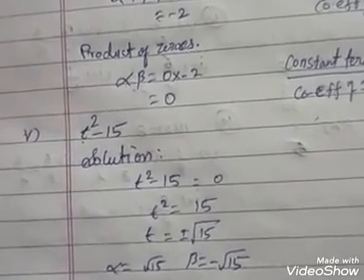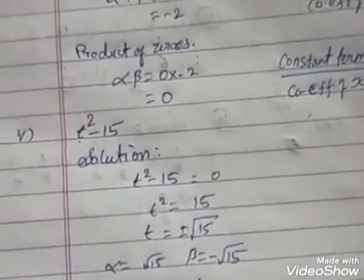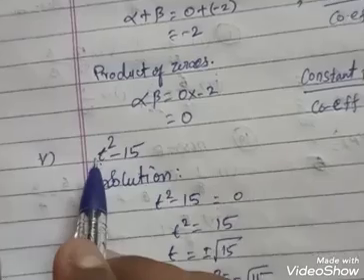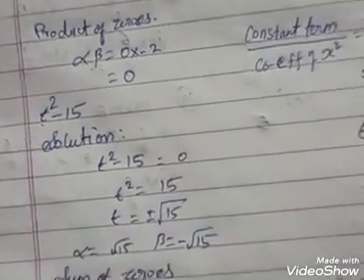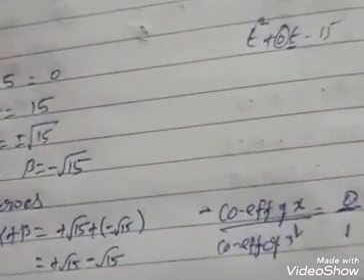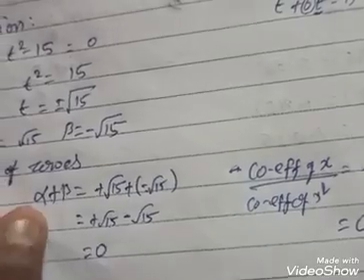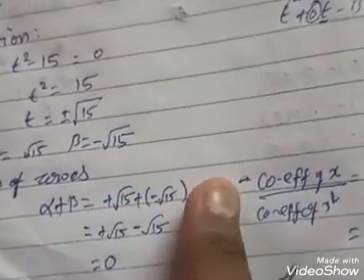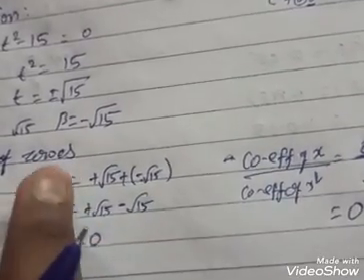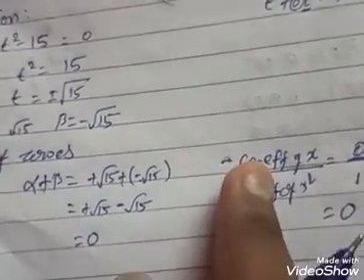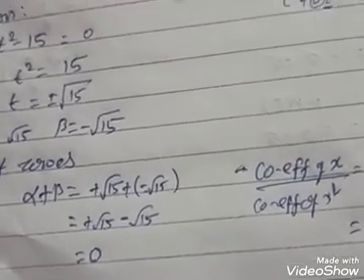T is not there. So because of that we take 0 divided by x square. X square means here the variable t square. The coefficient is 1. So 0 divided by anything, you get 0. You compare by using zeros, you get 0. Alpha plus beta, we get 0. By using the coefficient also, we get the same result, sum of zeros which is equal to 0.